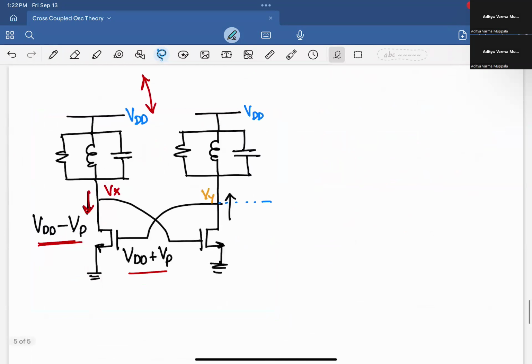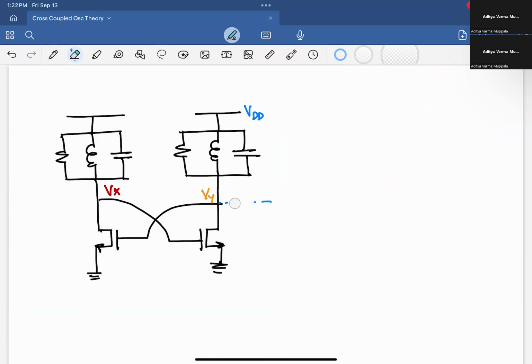Okay, that's good. So we can erase all of this, and we also want to erase these. So to make it well defined, essentially we add a tail current source here,